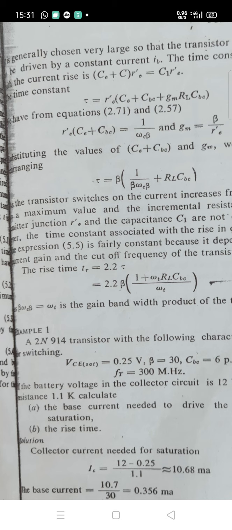The turn on and turn off times depend on the beta cutoff frequency of the transistor. For fast switching, transistors with a high cutoff frequency are often chosen. The turn on and turn off times can be considerably reduced by connecting the speed up capacitor C across the resistor, as shown in the figure.